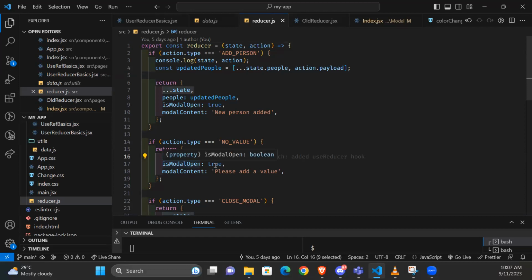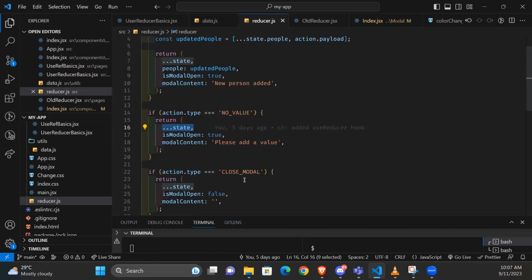So what you're doing is isModal is true. The modal content is please add a value. And then we also had another one where you want to close the modal. So remember, see now, we are not touching any other thing. You're resetting the modal content to an empty string. You're setting isModal to false. Now, where do we call this? So this is called inside